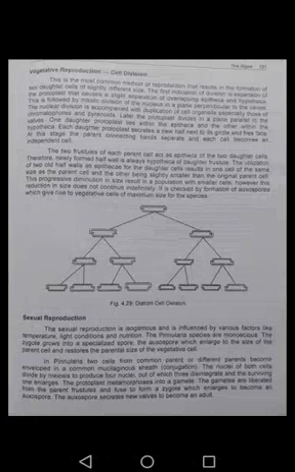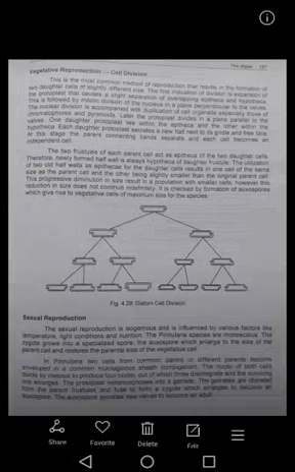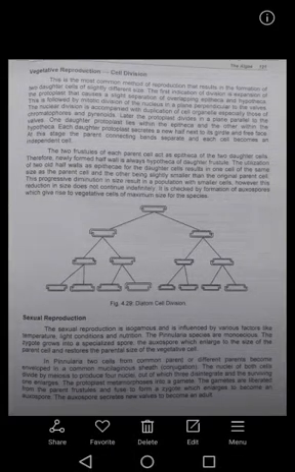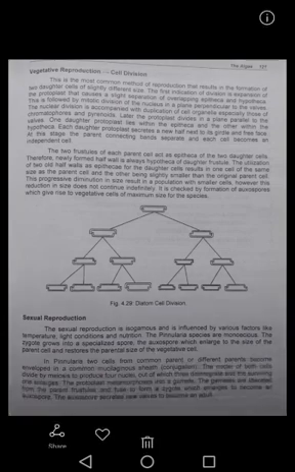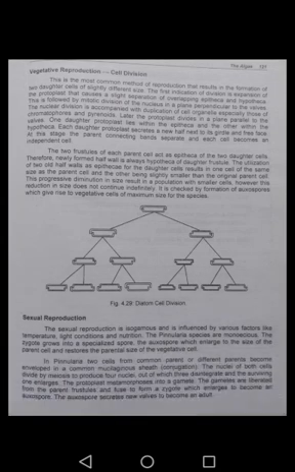So this is the most common method of reproduction that results in the formation of two daughter cells of slightly different size. The first indication of division is expansion of the protoplast that causes a slight separation of the overlapping epitheca and hypotheca. This is followed by the mitotic division of the nucleus in the plane perpendicular to the wall. The nuclear division is accompanied by the duplication of the cell organelles, especially those of the chromatophores and pyrenoids. Later, the protoplast divides in a plane parallel to the wall. One daughter protoplast lies within the epitheca and the other within the hypotheca.